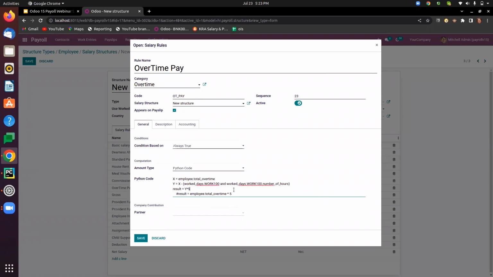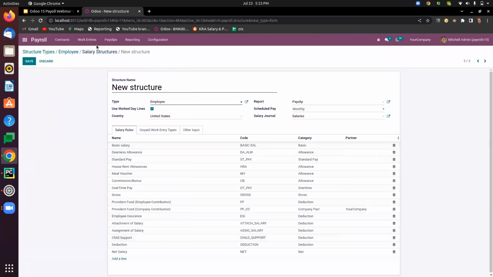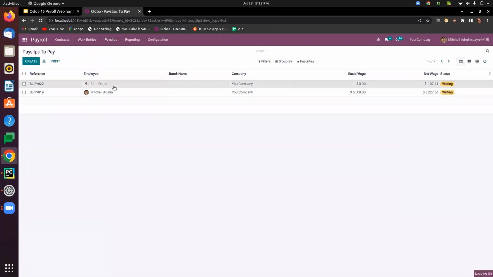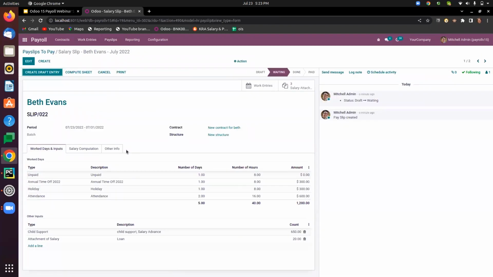So we can set certain rules over here in order to calculate the overtime. The rule might be wrong as I have configured it over here. That's why the calculation is different. So you can set your own company-related rules based on the rules that you can add over here. So this is how the